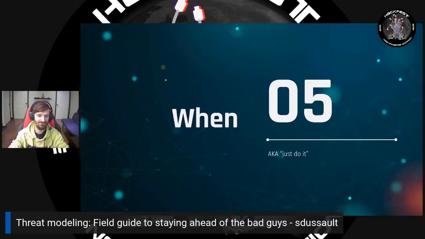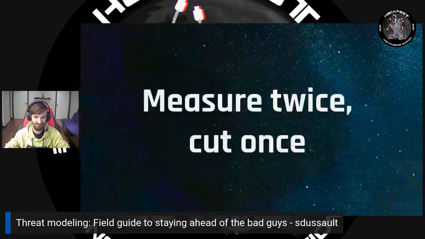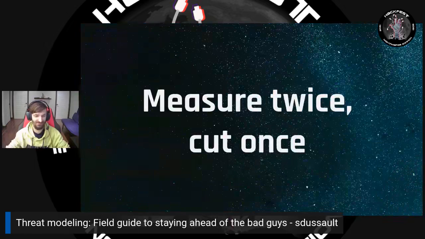Finally, when? So this is the last question. And what I put there is also known as just do it. I think it should come as no surprise that it's do it early, do it often, and also measure twice, cut once. Basically, at the end of the day, it's not a cost, but rather a time saver. So if there's any huge architecture issues that come out of a threat model review, first of all, great job. Second, it's much easier to fix them before the code has been written, before it's been shipped to production, and before people have started using it, than it is to do it maybe 4, 5, 6 years down the line,